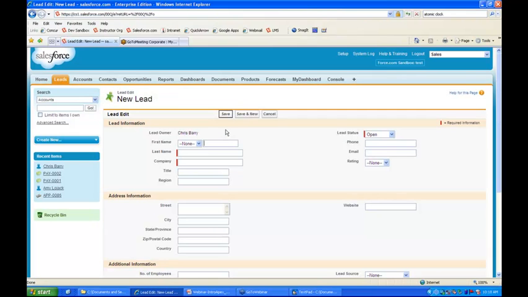So I clicked on my New button, and I'm going to enter in the required fields that I have here. I'll just use my own last name and Salesforce.com, and then click on the Save button. Now, one thing I want to point out is that the region field, because this is a new record, is currently blank. One of the things you could do alternatively is, via the page layout, protect this by setting it